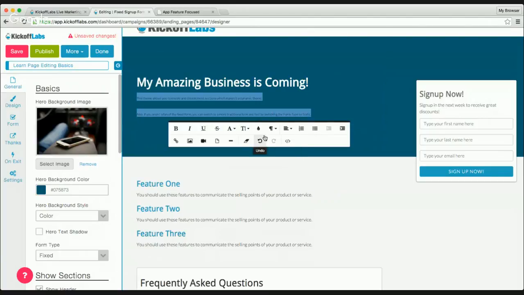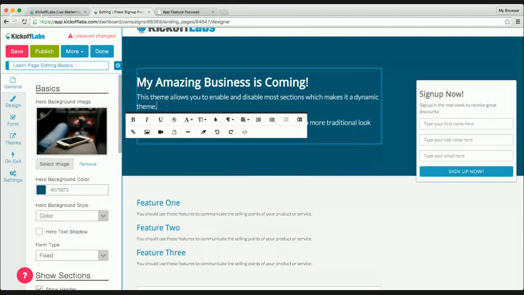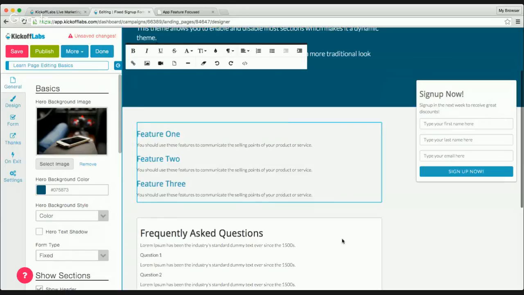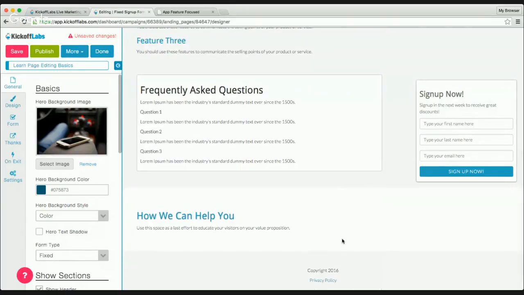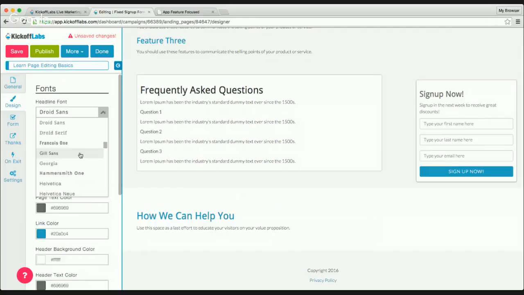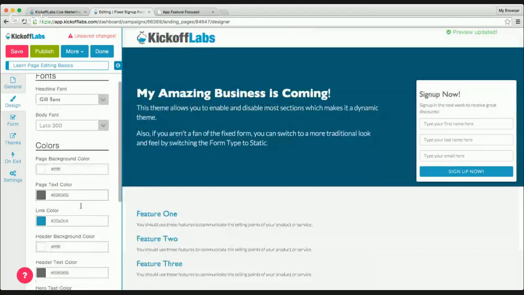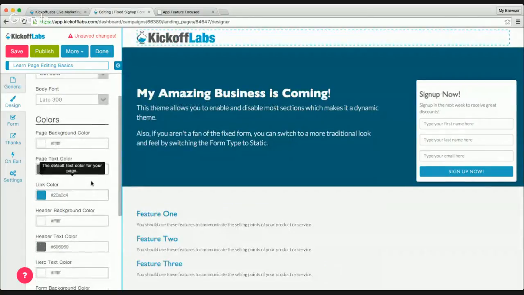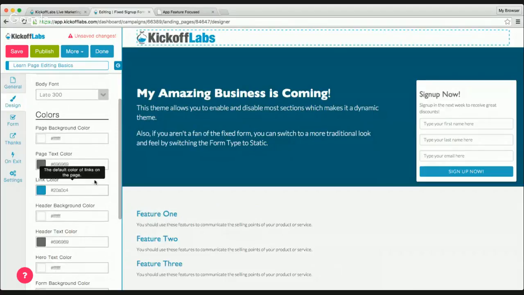Oops, way too small. Cool. And from the design tab, this is where I can change the font styles, the page colors, everything that will help me match my brand.